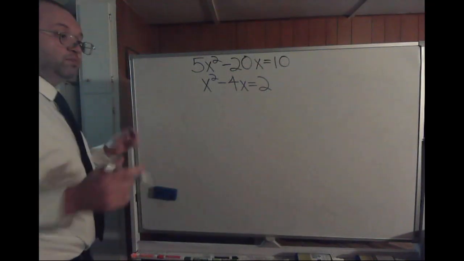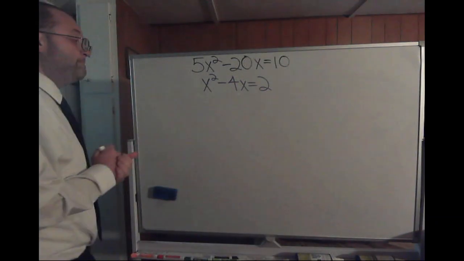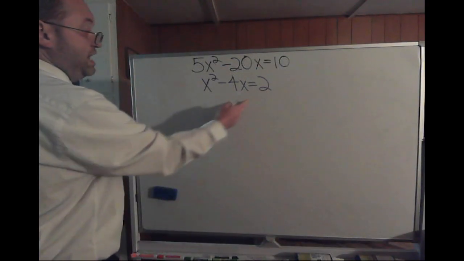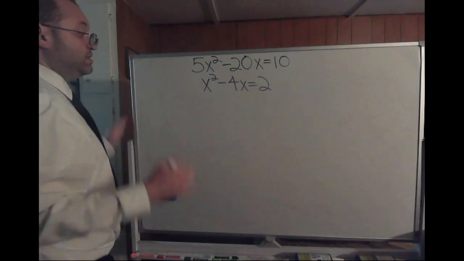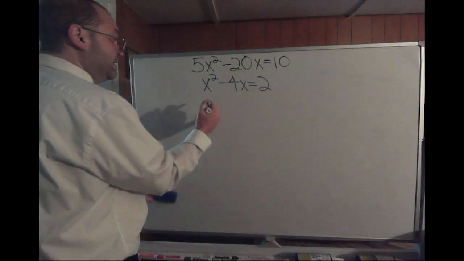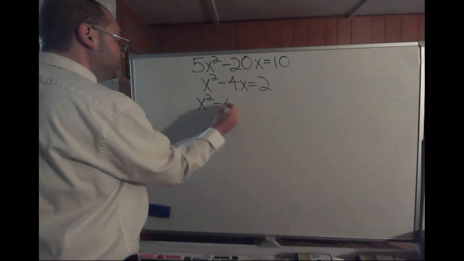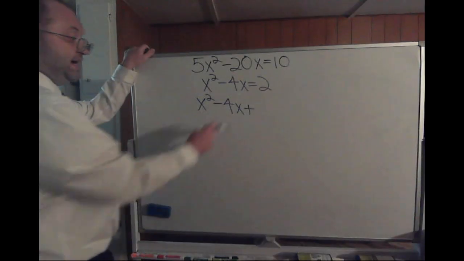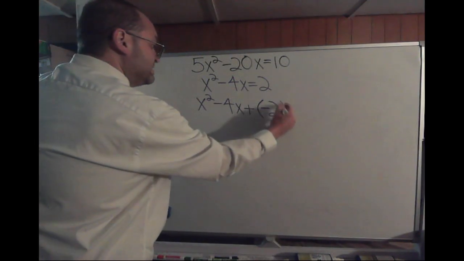Now we have something we can work with. We have x squared minus 4x equals 2. Okay, well again, this would not be factorable. Even if we got the 2 off the right hand side, it would not be a factorable equation. So we need to now go ahead and complete the square. So we'll take x squared minus 4x, then we'll add. Now we need to take half of that negative 4, which is negative 2, and raise that to the second